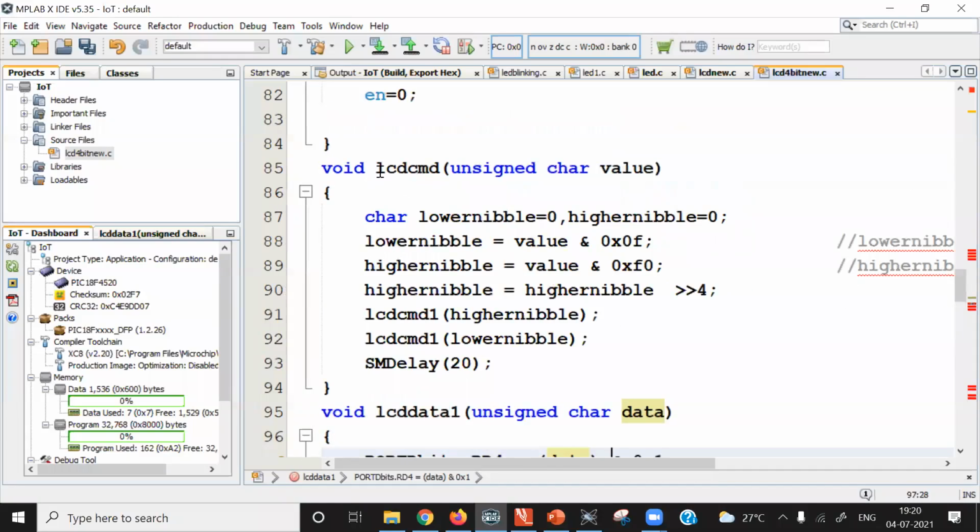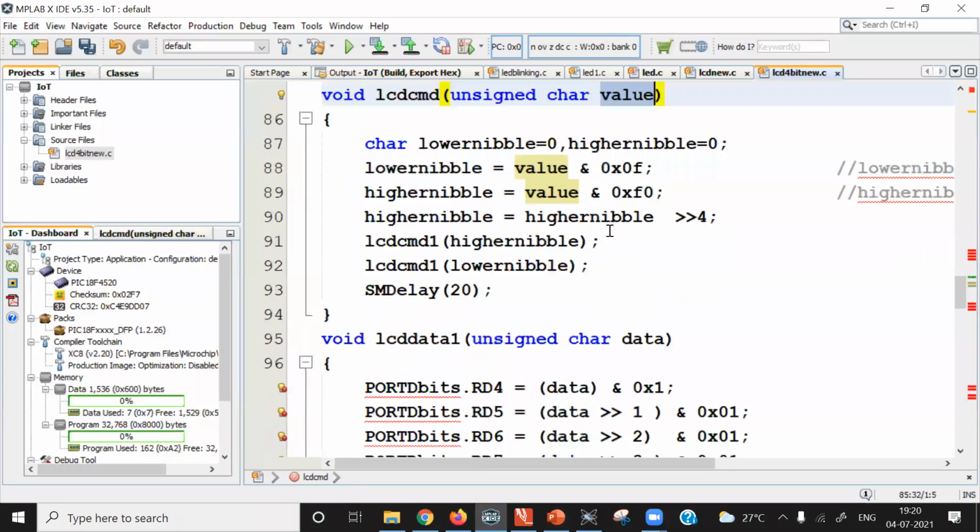Now what I am doing is, the LCD CMD function is not similar to the LCD CMD function that we have seen for 8-bit mode. So this function is different here. What is done here? The LCD CMD function receives a command. This command is received from the main program. So the main program calls this. In the LCD CMD function, this 8-bit command is received, and then it is divided into lower nibble and upper nibble.